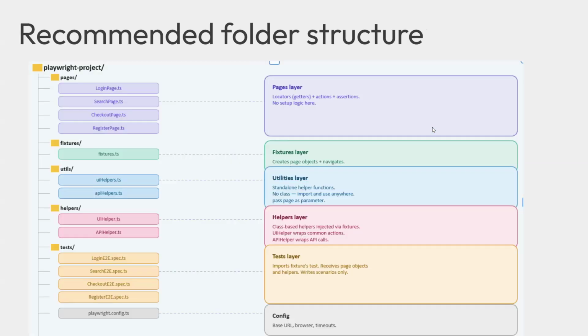But before we go there, earlier we were just having pages and tests as the folders. Of course, for any reusable code you want to create on fixtures, we could have fixture code. But apart from that, for any common code, be it the helper of UI or API or the individual page helper, we will put them into the utils folder. So we can have a separate folder for utils where we will keep all our helper layers.